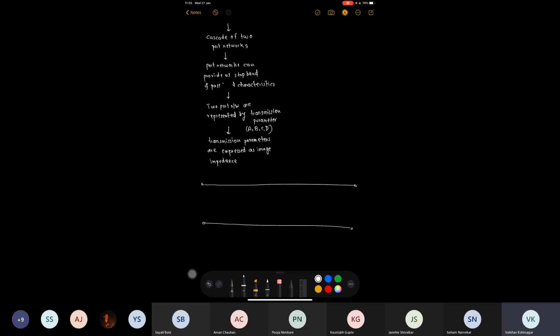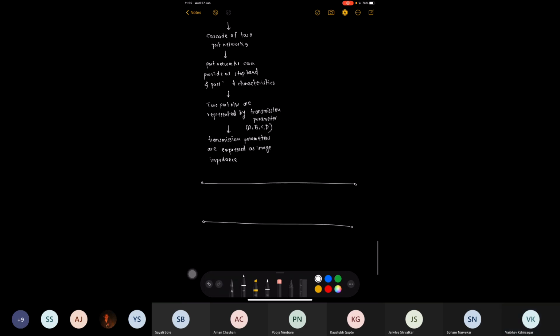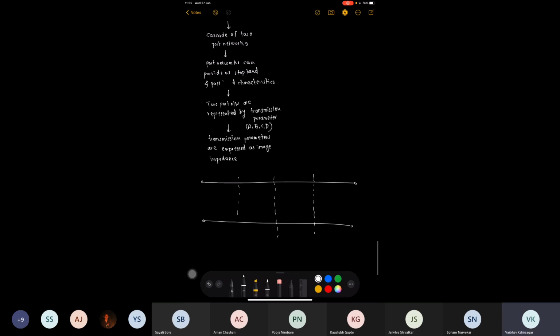This transmission line is divided into sections, and in these sections we are adding reactive load. So this transmission line is now loaded with reactive loads. And this will become a periodic structure again, because these loads we are going to repeat throughout the length